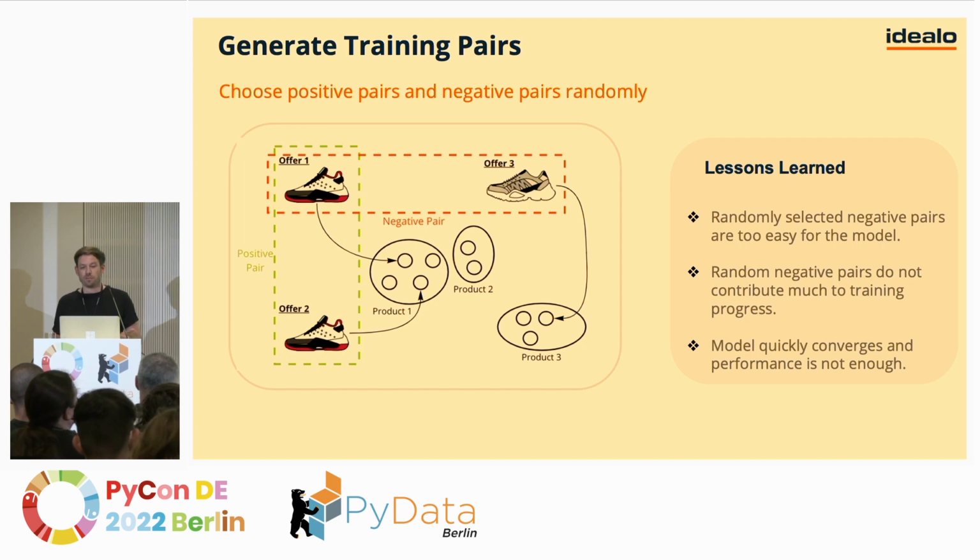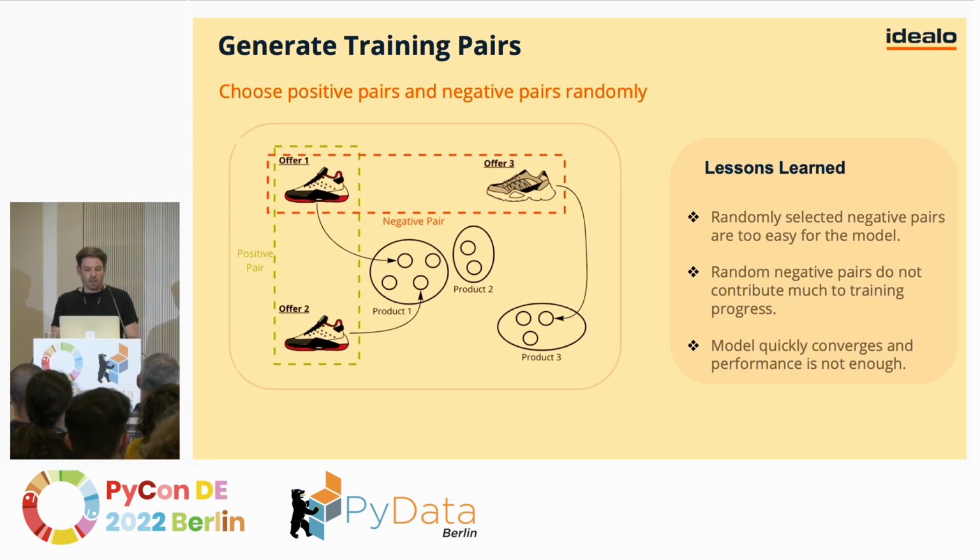For positive pairs, it's actually straightforward. We have a training data set. We know which offer belongs to which product. So we just pick 2 offers from the same product, and that will be used as a positive pair. For the negative pairs, one option is to just randomly select another offer from another product. In this case, offer 1 and offer 3 are totally from different products and can be used as